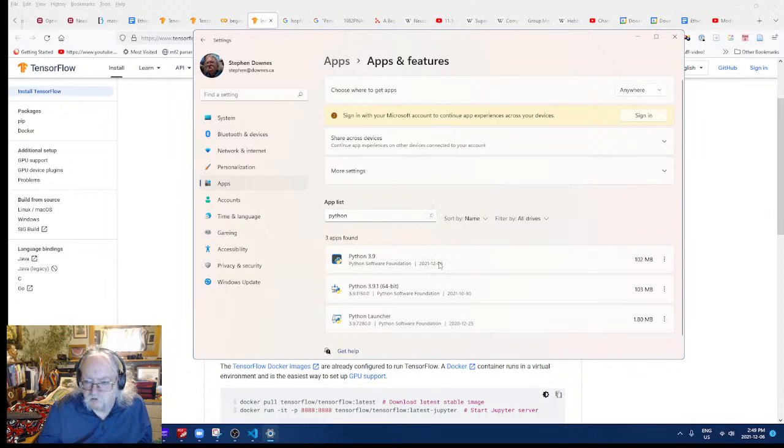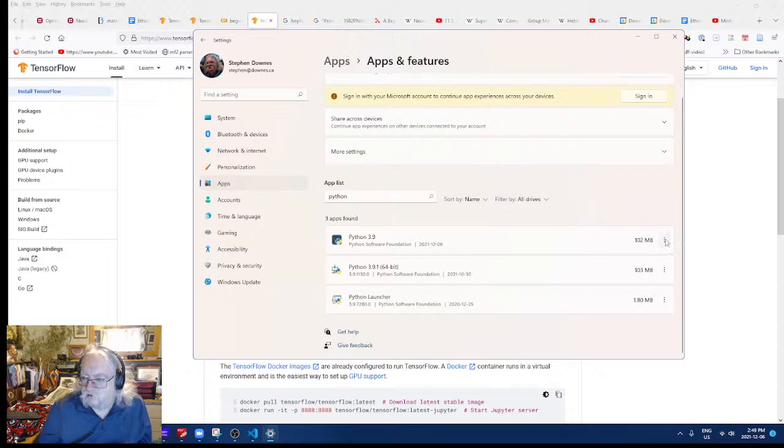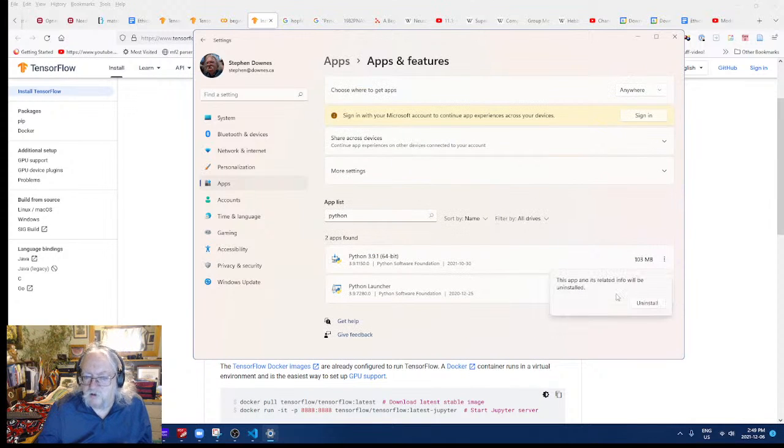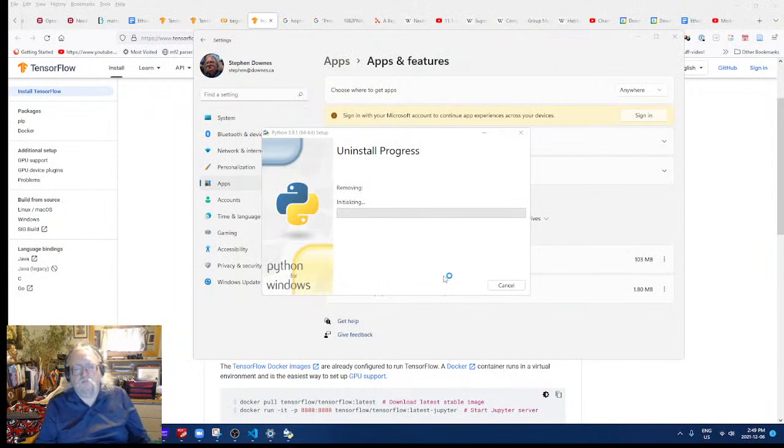So we got 3 different things. Okay, so let's remove, uninstall. Uninstall. I see there's Python and then there's Python for Windows.